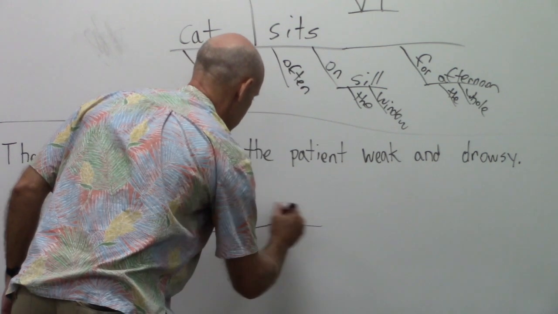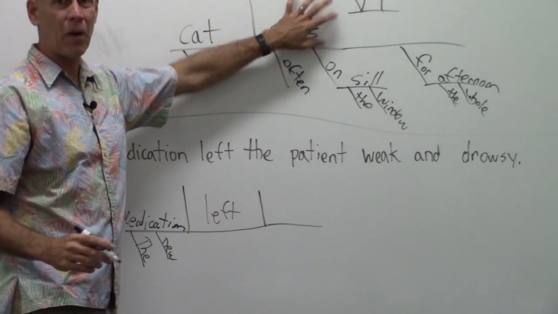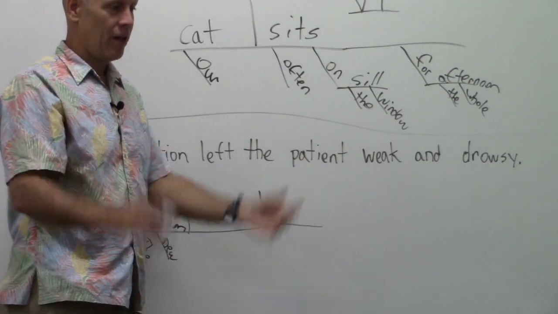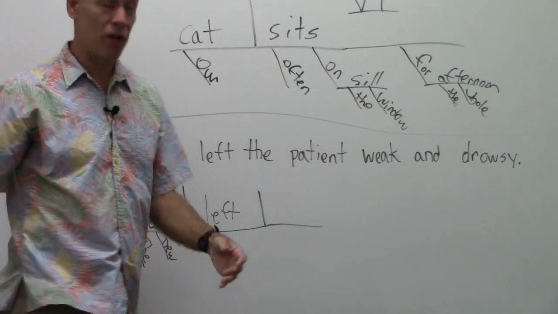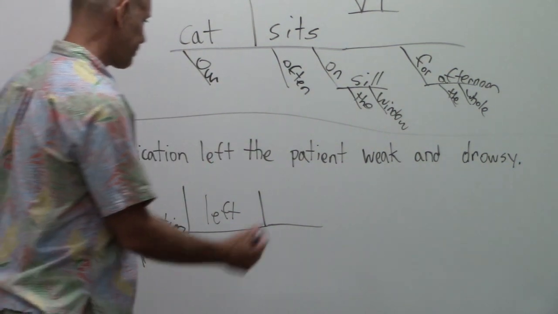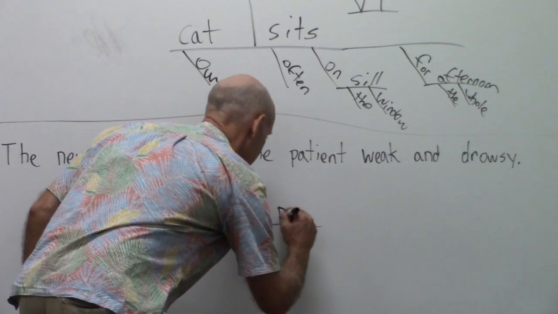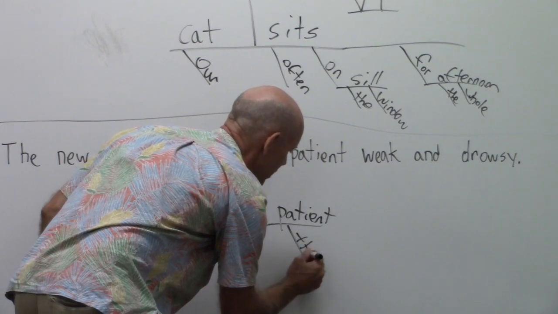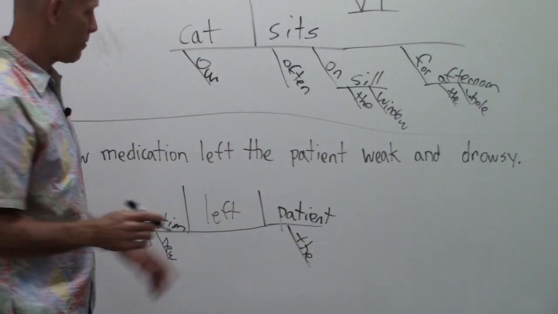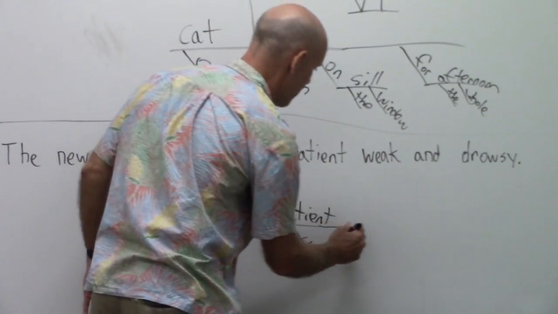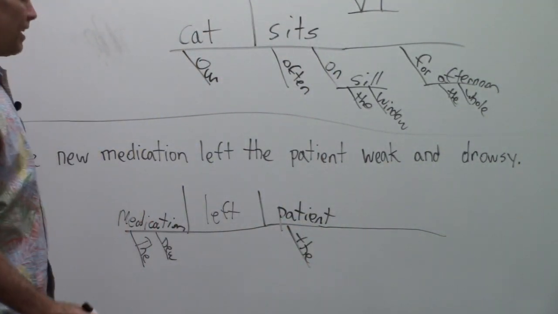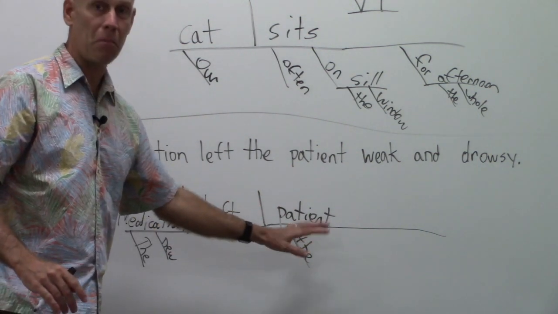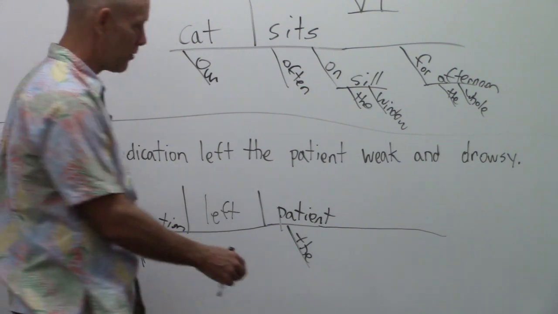All right. Now, already we know it's probably not a 6, right? Or you have to leave something. I left something behind, or the uncle left his wife a fortune. What did it leave here? It left the patient. Now, this is a little tricky because we don't see these patterns too often, but it's a different pattern. Can you read the end of the sentence, buddy? Weak and drowsy. Now, that's important, okay? That's not something that will just be modifying the patient because the sentence won't make sense without it.